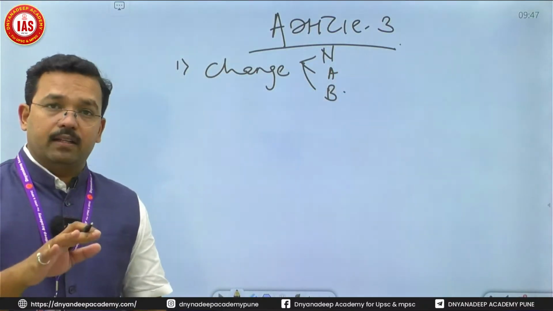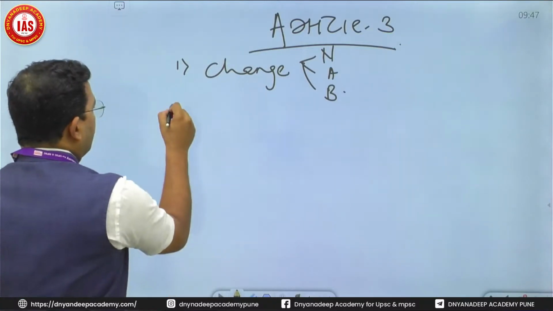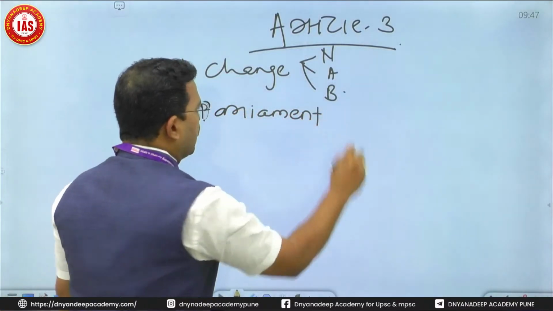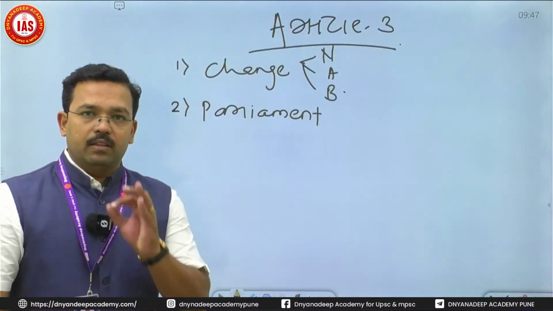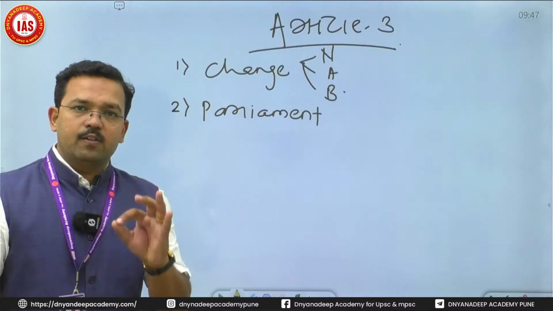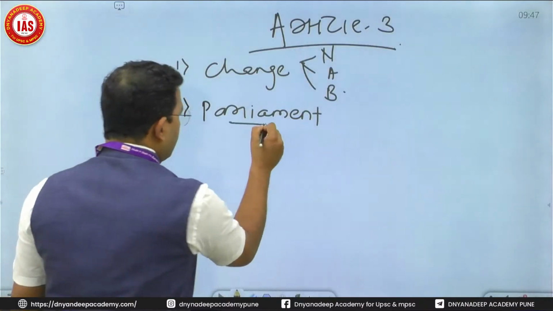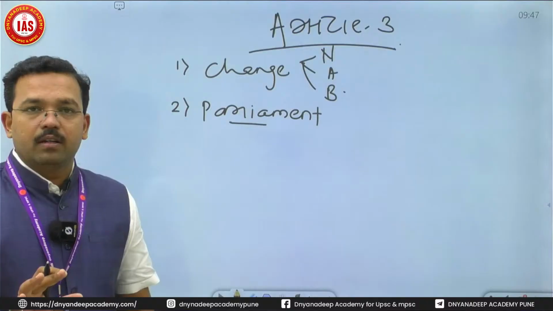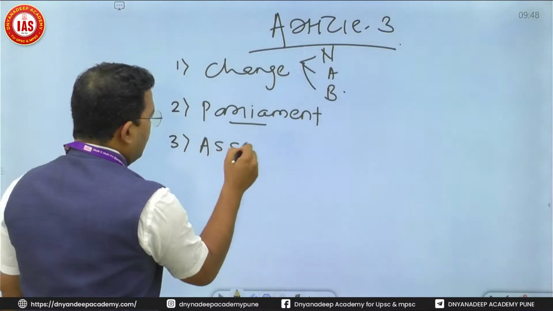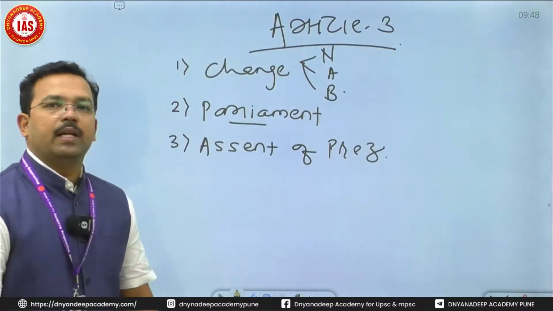Now, the right or the authority to change the name, area, and boundary of a state lies in the hands of Parliament only. State governments do not have any right. As per Article 3, this lies in the hands of Parliament only. Correct? Now, before starting this particular process, the draft bill which is being put into the Parliament must have the assent of the President. So under Article 3, assent of the President is very, very essential to put a draft bill into the Parliament.